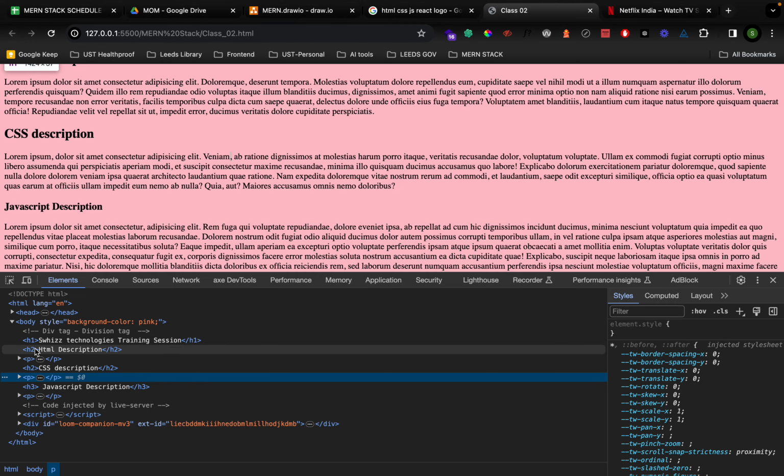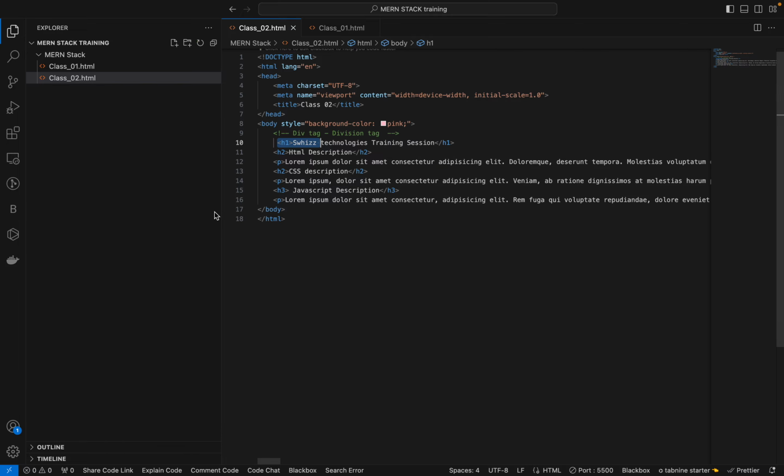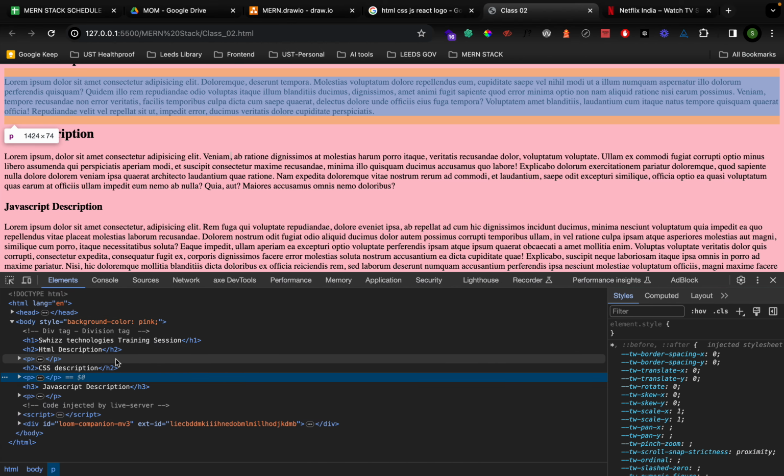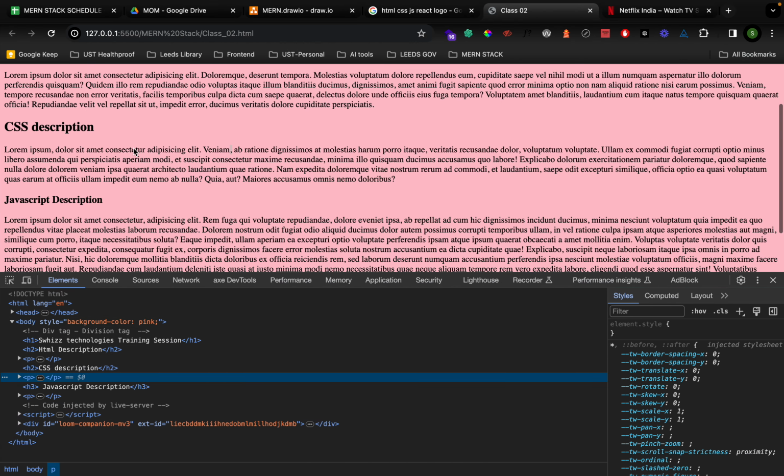So here also the same format will be there. Elements is nothing but, in the inspect session, it will check the structure. Meaning the HTML code is sent to the browser, and the browser will reflect the UI part, but the code element will be here itself. So you can check here, and if you want to make any changes or remove something,